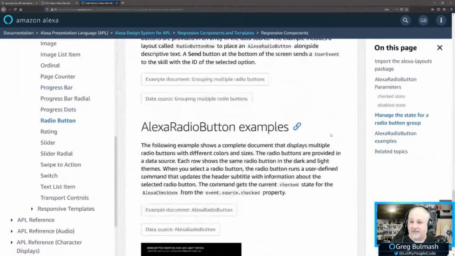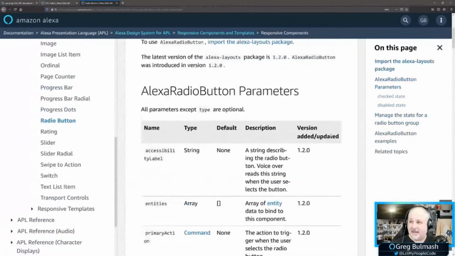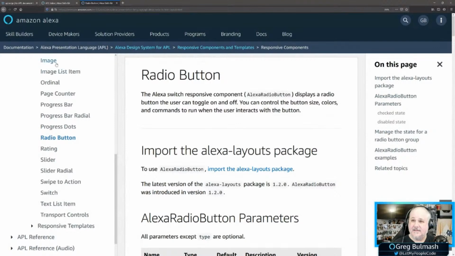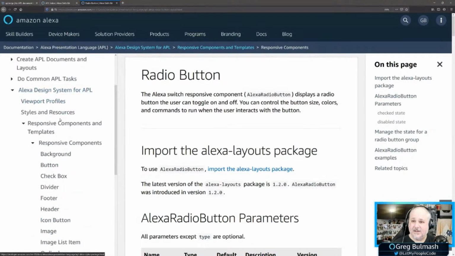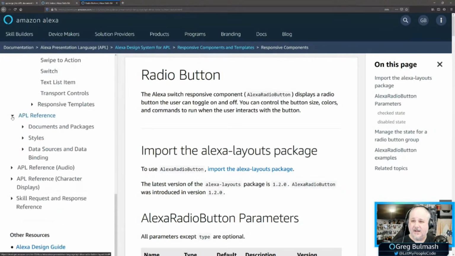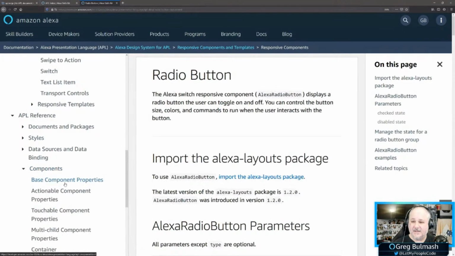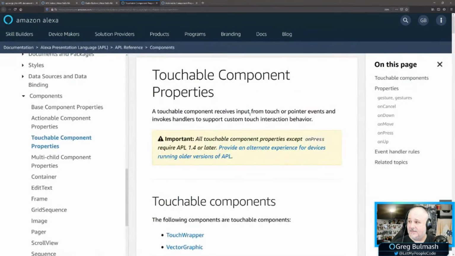But here on the radio button, it's not talking about primary action or anything like that. You got to go up. You actually have to come down here, I believe. Components, base component properties, actionable component properties, touchable component properties. So we'll look at that and we'll look at actionable component properties. I've opened those in new windows here.